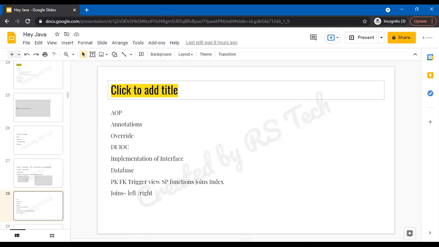Instead, we just give it in one place, and automatically Spring will take care of weaving it in all other places. So that is basically AOP. And annotation driven, overriding, dependency injection, IOC, and implementation. How do we implement an interface? That is a beautiful concept we saw.